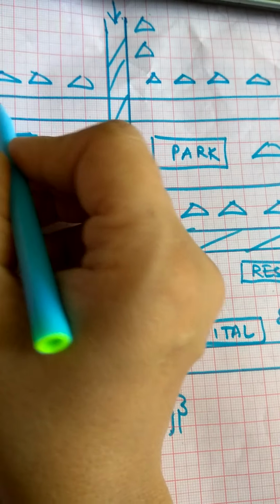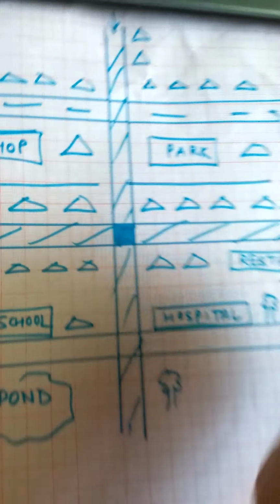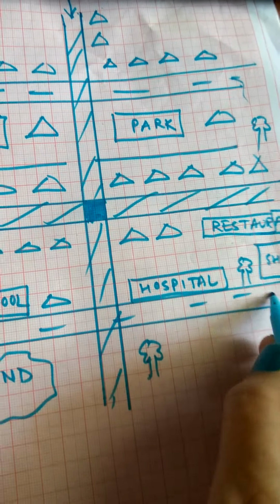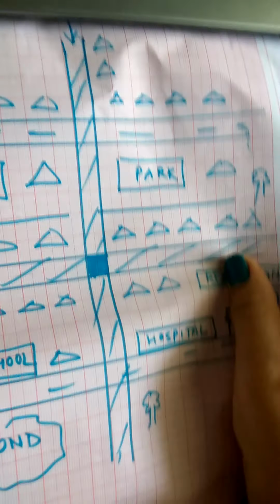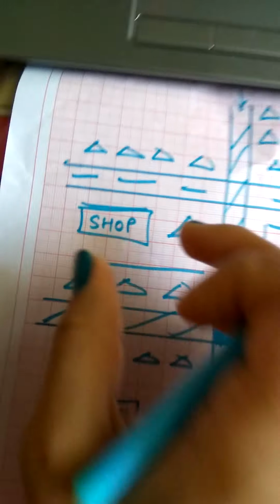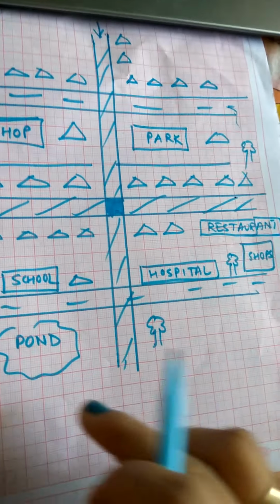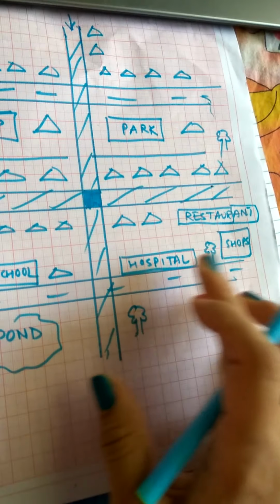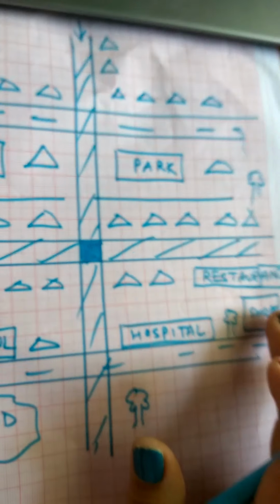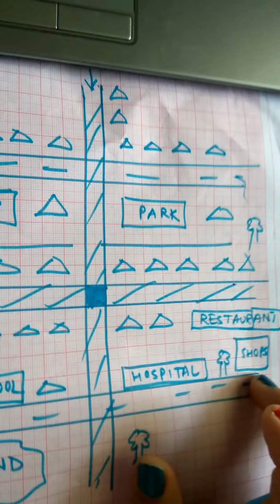These are also roads, but this I have taken as side roads, because this is the centrally located intersection or the crossing. Now all the triangles I have marked are representing houses. There will be some park, some shop, school would be there, there could be a water source, there could be a pond, then there could be a hospital, some other restaurant. These things I have marked.